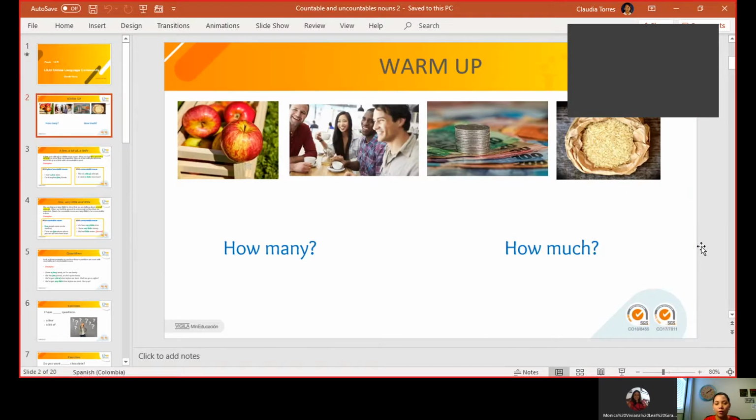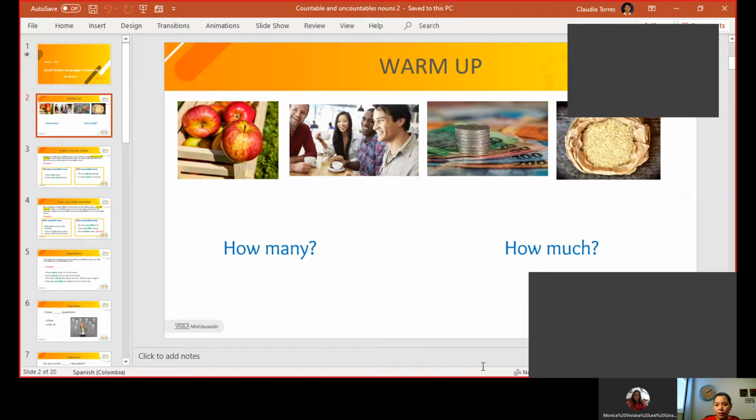So to start, I don't know if you remember, or if you were here last week, but last week we were talking about countable and uncountable nouns, right? So we said that countable nouns are those we can count. They have singular and plural forms, while uncountable nouns only have a singular form. They don't have plural forms. Okay, so having said that,